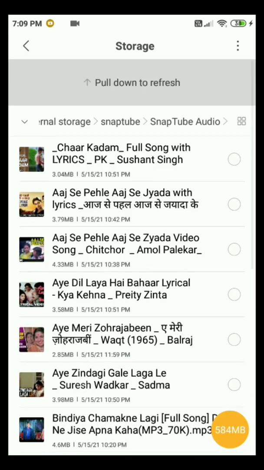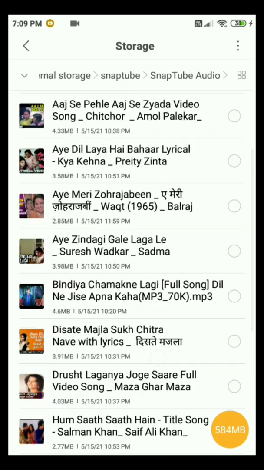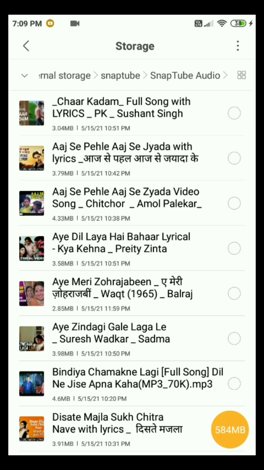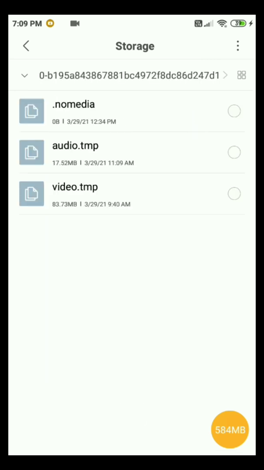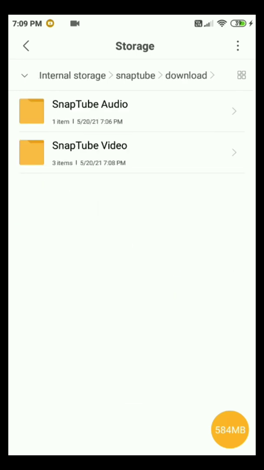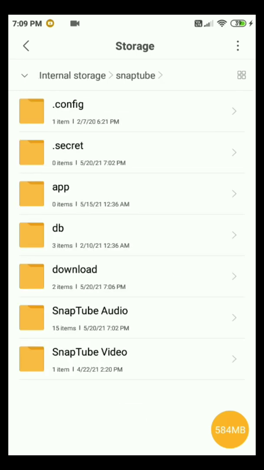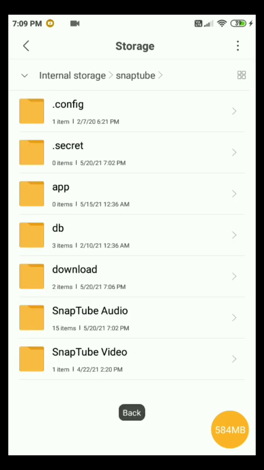Snaptube audios will get saved, and for videos you will need to go to storage and then Snaptube audio. Oh, okay. The audio has not got completely saved because I have selected high audio quality. So don't worry about that. It will also get downloaded.